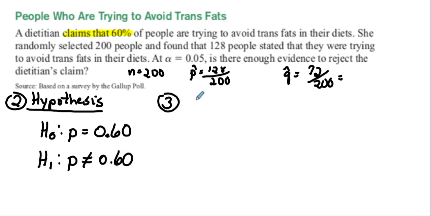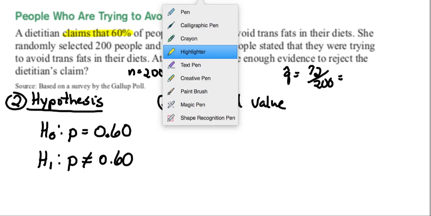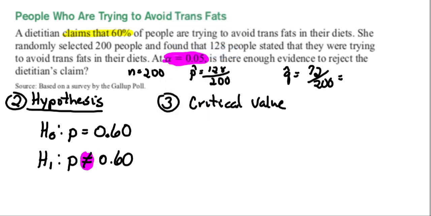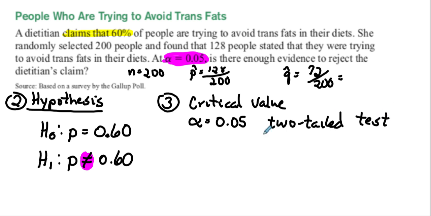Now we're ready for step 3, which is to find the critical value. So we identify first alpha, which is 0.05. And then we look at our alternative hypothesis to figure out which type of test it is. So we have alpha is equal to 0.05, and this is a two-tailed test. The process of finding our critical value for a two-tailed test is to take alpha divided by 2, and we get